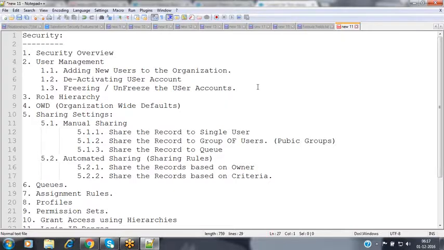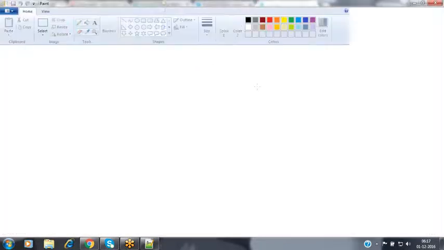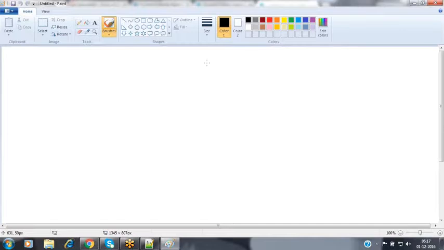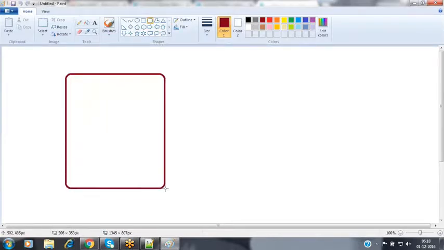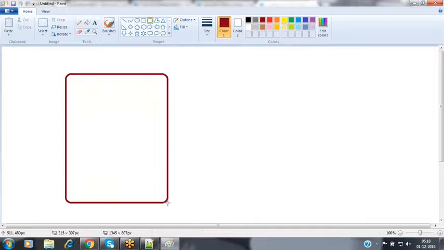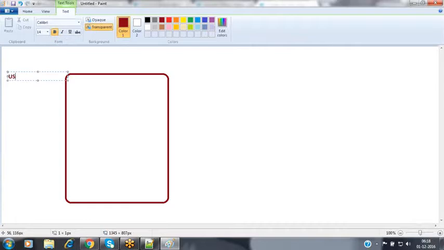Now let's see, for example, assume that I'm creating a Salesforce account. As soon as you create a new Salesforce account, Salesforce allocates some amount of memory inside the associated server. Assume that while creating my account, I entered my user details. I entered my first name, and inside the registration form I entered my last name.